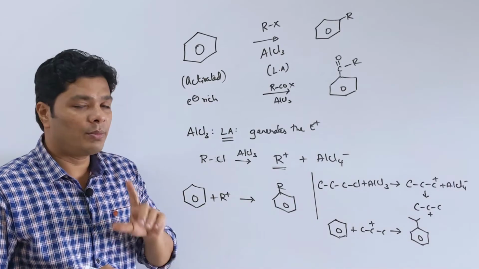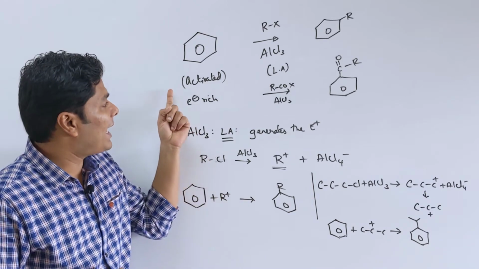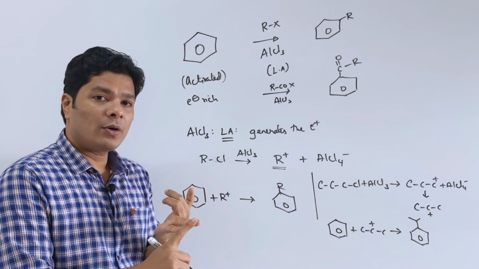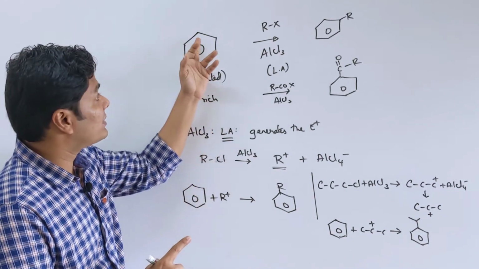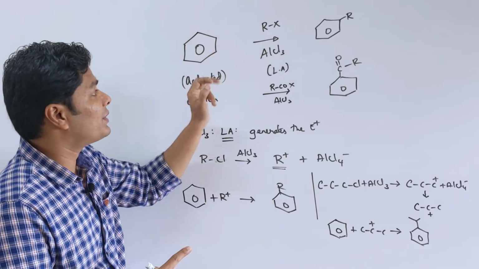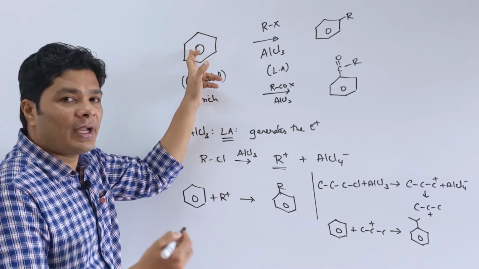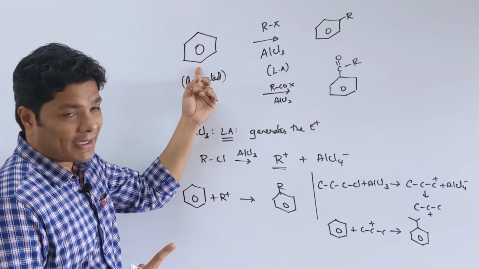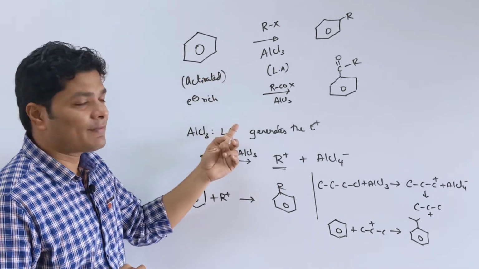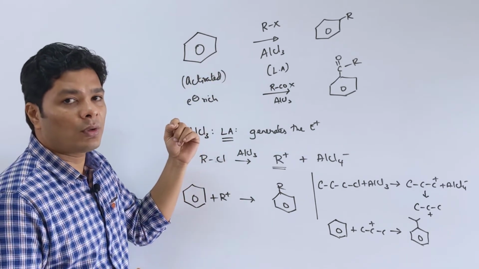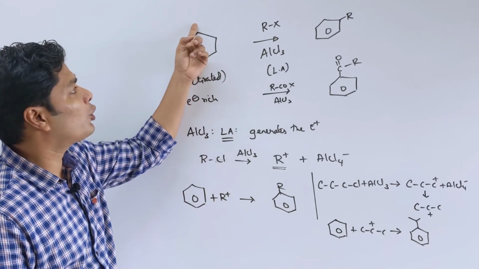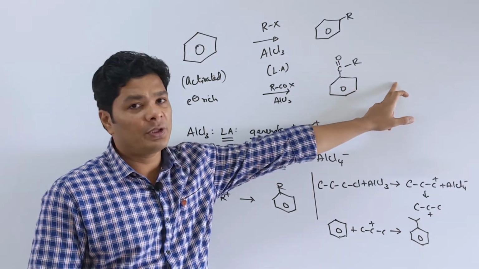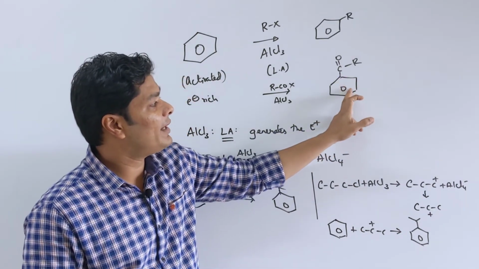Now a few things you want to remember about the Friedel-Crafts reaction. The ring has to be activated. So benzene can undergo it, phenol can undergo it, and even if this is a chlorine group here, it can undergo Friedel-Crafts reaction. Chlorobenzene can undergo it because it is going to enrich the ring a little bit. But any time you have a deactivating group like a nitro group attached, nitrobenzene will not undergo Friedel-Crafts reaction. Similarly, a phenyl ketone will not undergo Friedel-Crafts reaction, because the C double bond O group attached to the ring is deactivating the benzene. For example, if I take this compound, I cannot do any further Friedel-Crafts reaction.